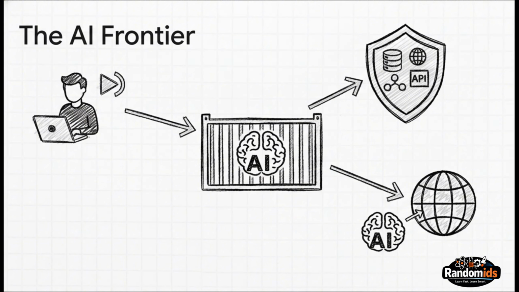And Docker is not sitting still. It's evolving to become the absolute foundation for the next huge wave in tech, artificial intelligence. It's quickly becoming the standard way to package up and run AI agents. And they're building new tools to make it super easy for developers to test huge language models and securely give them access to the tools they need.